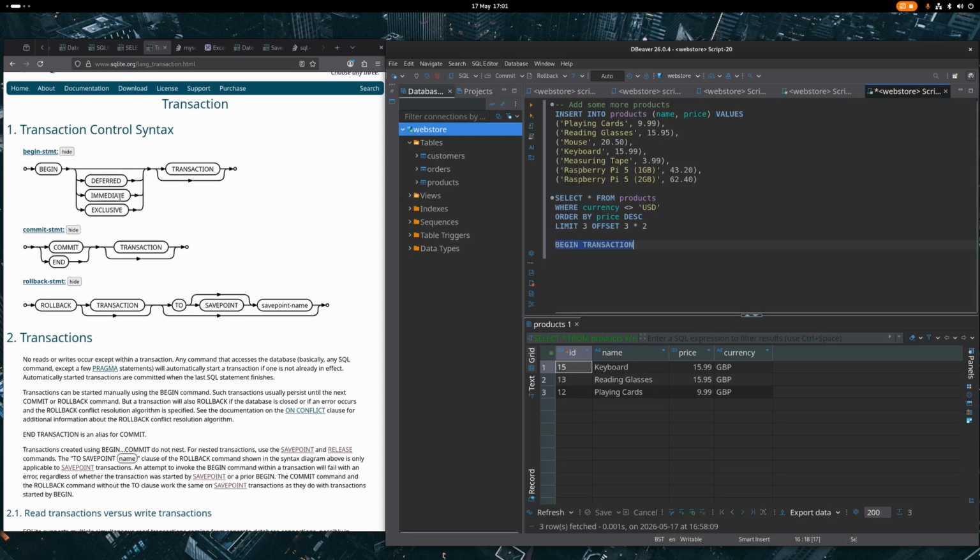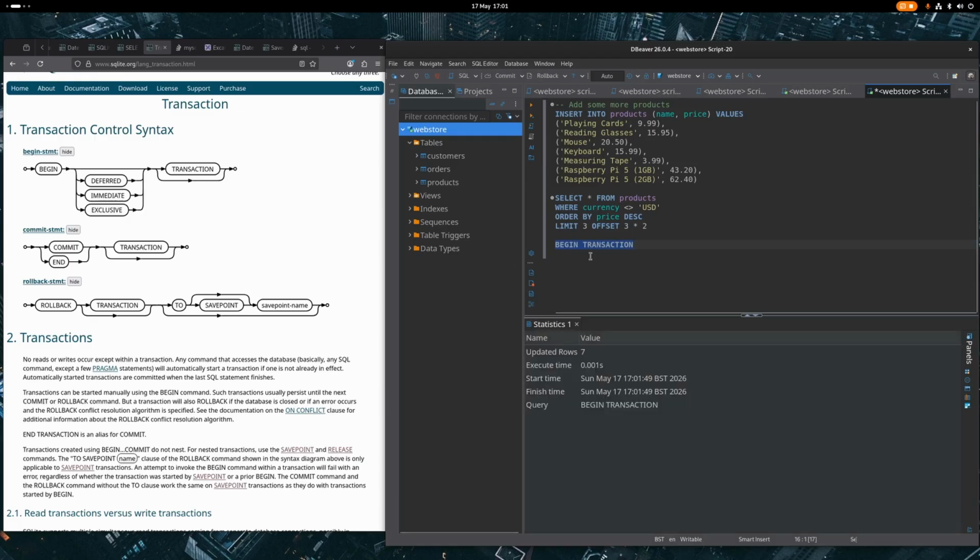We can use deferred, immediate, or exclusive. We can also just use begin transaction, nice and simple. If I run this statement, we are now working within a transaction. If I then go ahead and say insert into products, name, price,